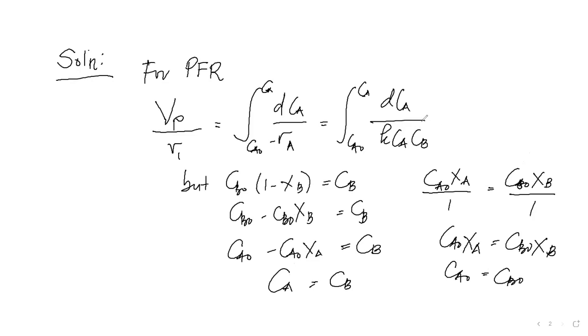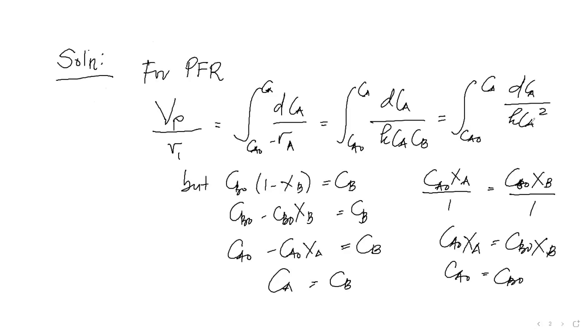So therefore, this particular part in the rate law here can be rewritten as dCa over kCa squared. So this is now our right side of the performance equation for PFR. So let's have another sheet. So Vp over V sub 1 is equal to,